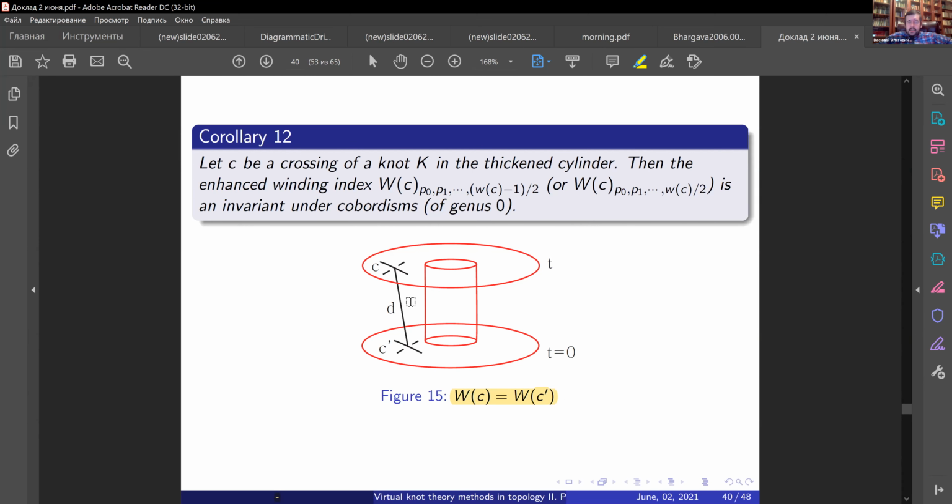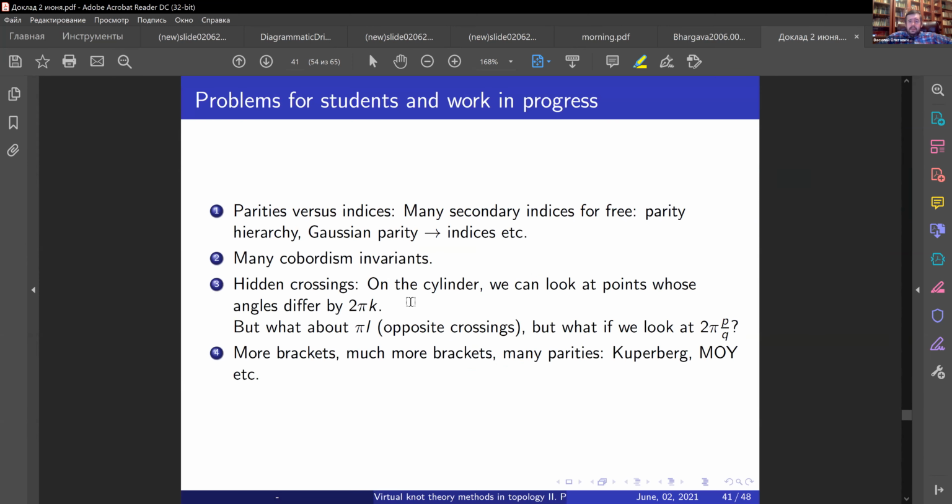And again, we get a huge amount of sliceness obstructions for knots in the thickened cylinder. Okay, and now some problems for students and maybe some work in progress. Actually, once we have something like Z2 indices, we can unravel it and get lots of Z indices. So if there are students having a master project, I can say, okay, if we have just Z2 homology, we can do some Z homology. Well, not exactly Z homology, but some parity, which counts something like